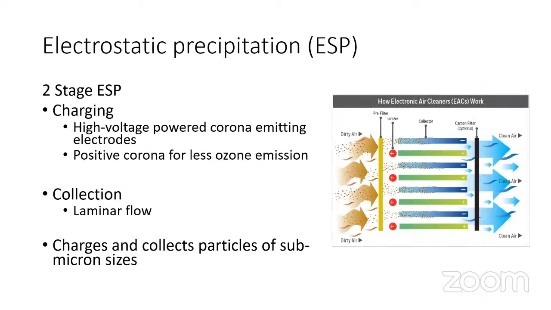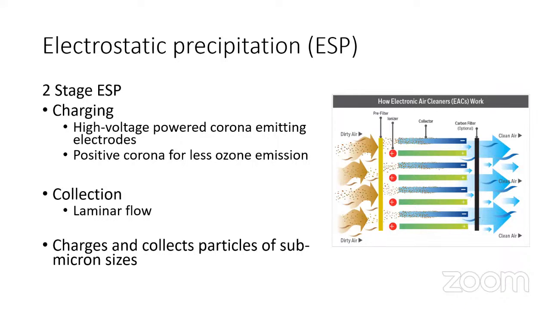Then we come to the electrostatic precipitation. Normally, electrostatic precipitators, which are used for maybe power plant applications or industrial applications, are single stage. So there's a single stage of energization, so your charging and collection happens in the same space. But what is more suitable for finer particles, which are normally found in indoor air, like PM10 and PM2.5, is